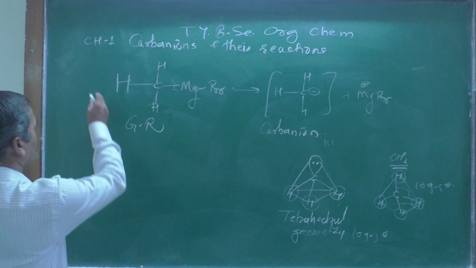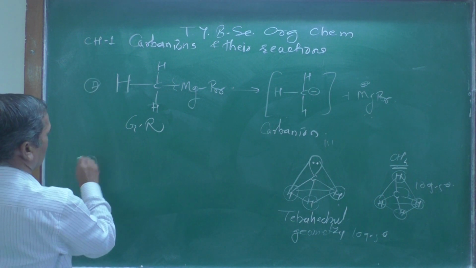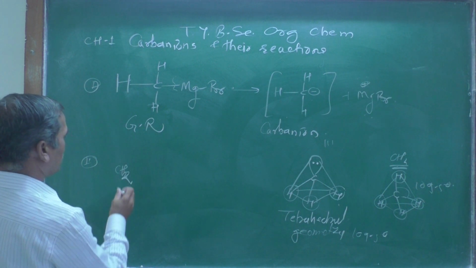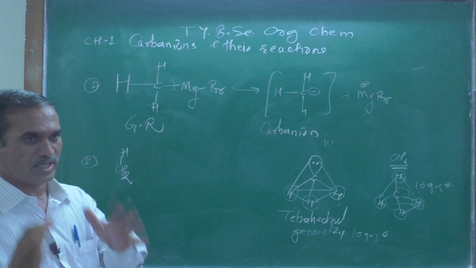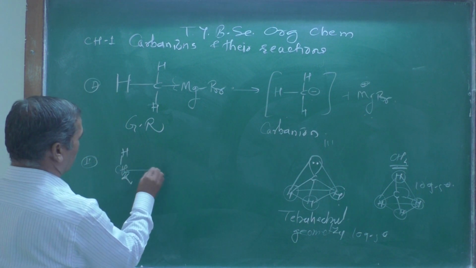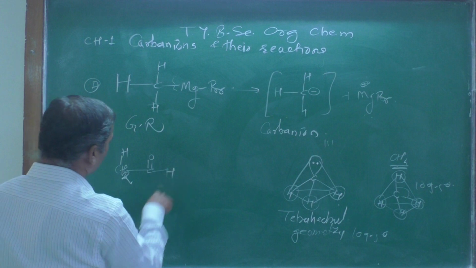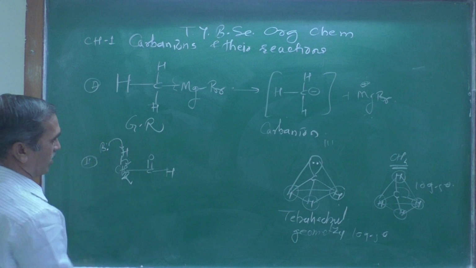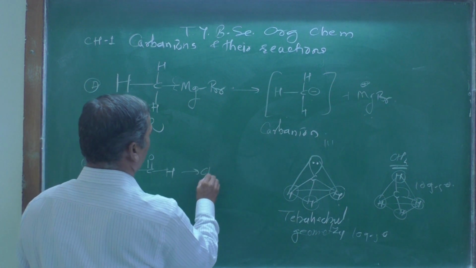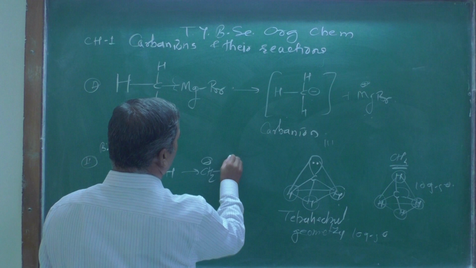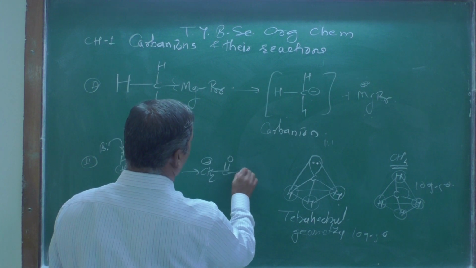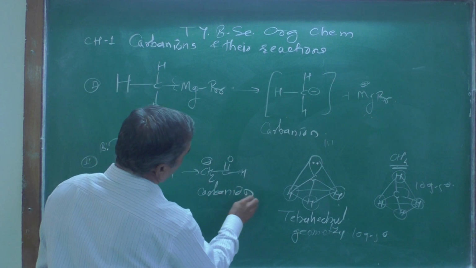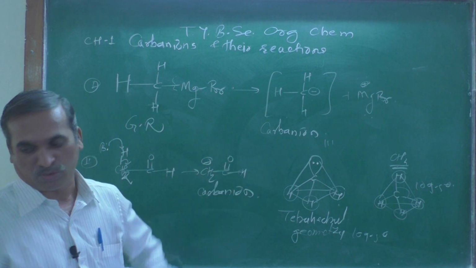That is the first way. The second one is with the carbonyl group. Now let us look at CH2; for the sake of convenience, I am writing one of the hydrogen atoms here, H. When a base is used here, the base can abstract the proton and form a carbanion, like this: CH2 with a minus charge, C double bond O, then hydrogen. This is called a carbanion, right? But in this case, what is happening? This carbonyl group is a more